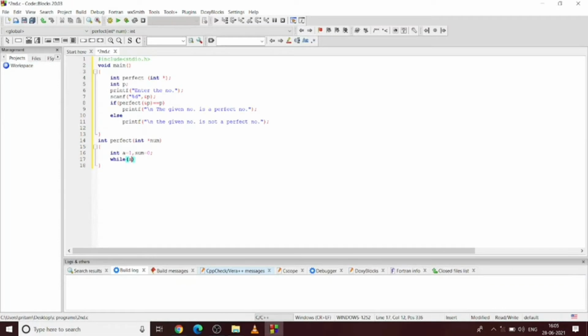So while a is less than the number, if number %a equals 0, because the divisors will only be able to divide it completely, otherwise it will give a remainder. So that's why I have given num %a double equals to 0.